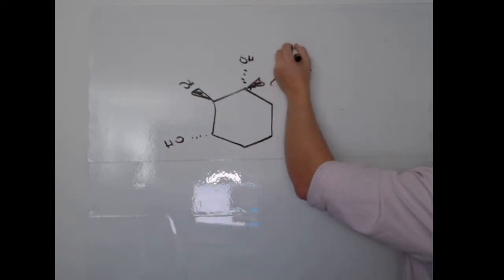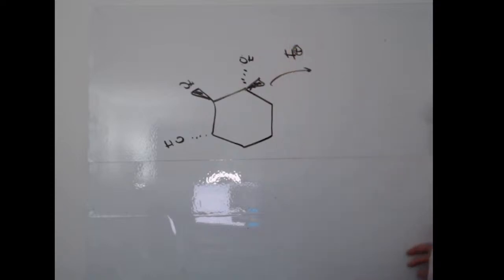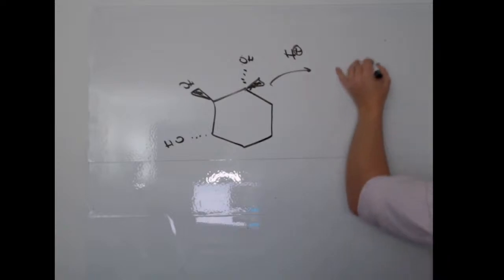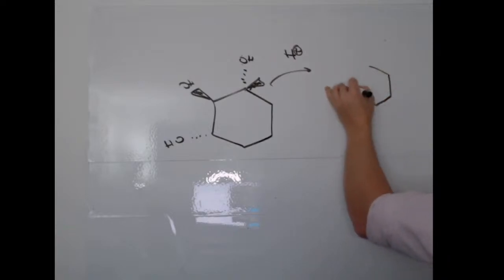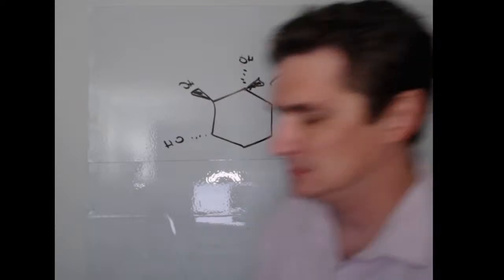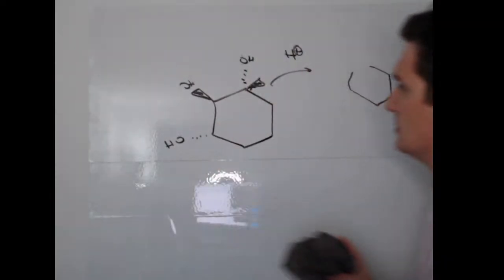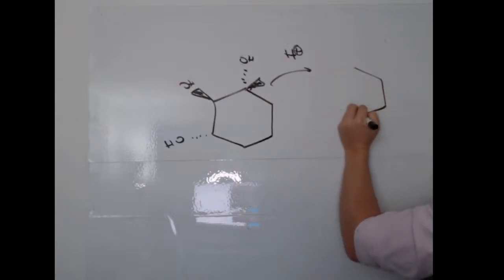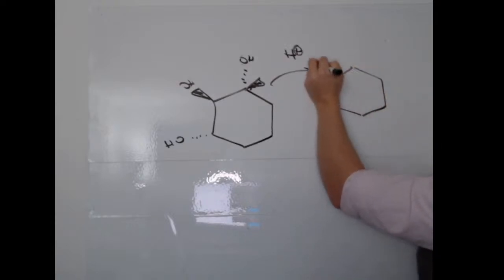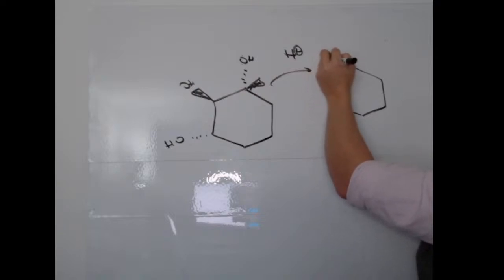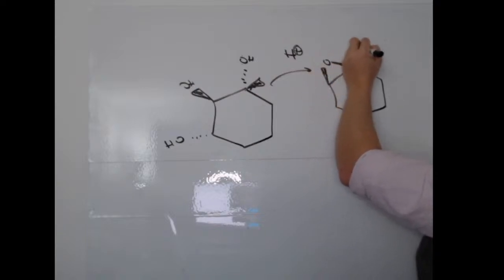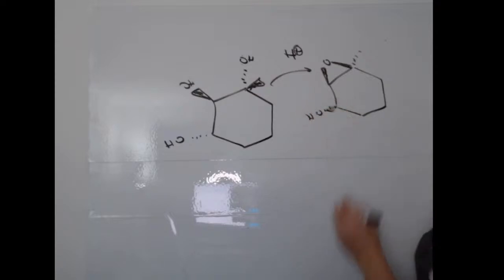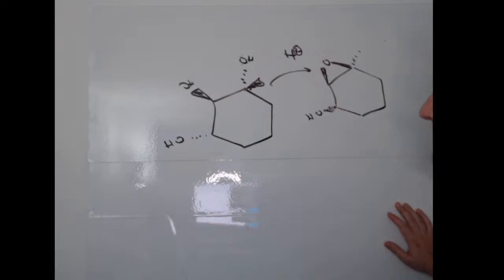If you do this under acidic conditions, so H+, you're going to go through a carbocation intermediate, which means that this one is going to pop off and you're going to form the epoxide here. And then if you go under basic conditions,